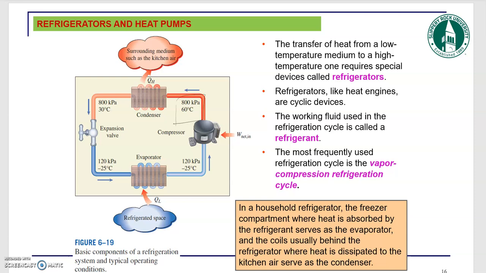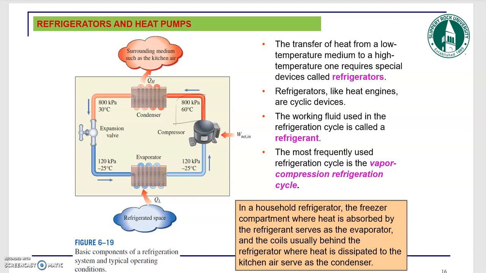Condenser basically drops the temperature and loses the heat to the environment. It could be kitchen air or surrounding air, and then you can see the pressure stays constant, the temperature drops, and then it enters an expansion valve. So the expansion valve drops the temperature significantly, drops the pressure significantly, and then it enters an evaporator. So the evaporator absorbs the heat from the refrigerated space,